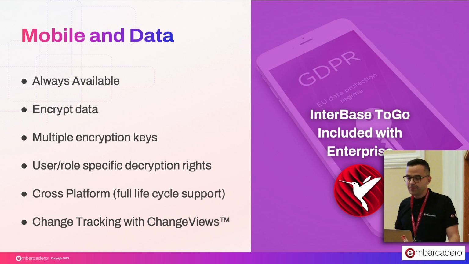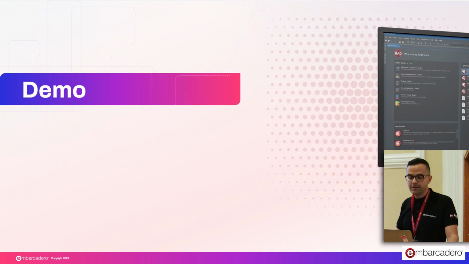We also have change views, which is a brilliant solution as well for tracking changes. For example, with phones, sometimes the connection could be a bit picky, and maybe we'll lose connection with the server, but then we want to still give the user access to keep using the application. So with InterBase ToGo, we can track the modifications that have happened in the database, and we have all the deltas and everything, and then we can push that once we have internet connection again. I mean, it's not just a matter of a couple of clicks. You need to do the whole implementation, but just having that feature built into the phone is brilliant.